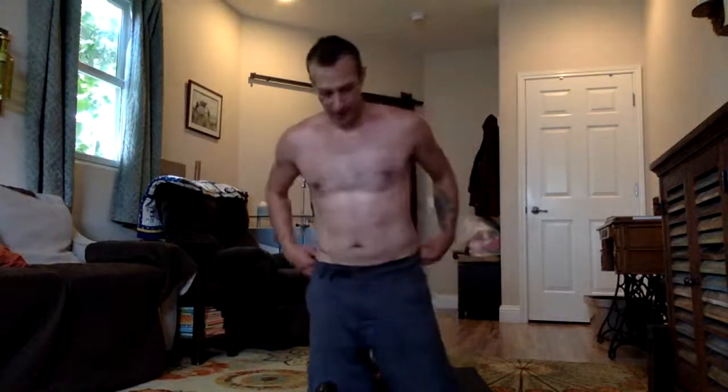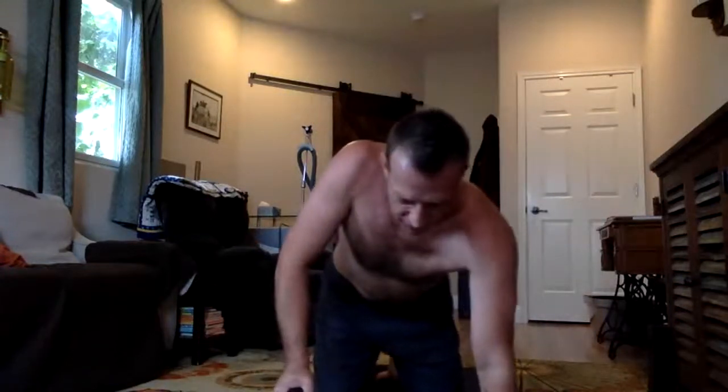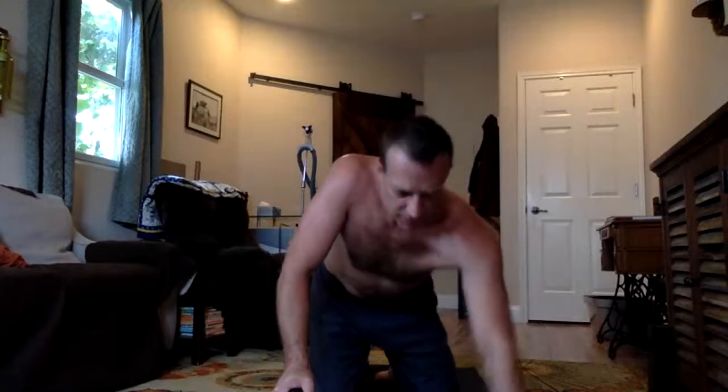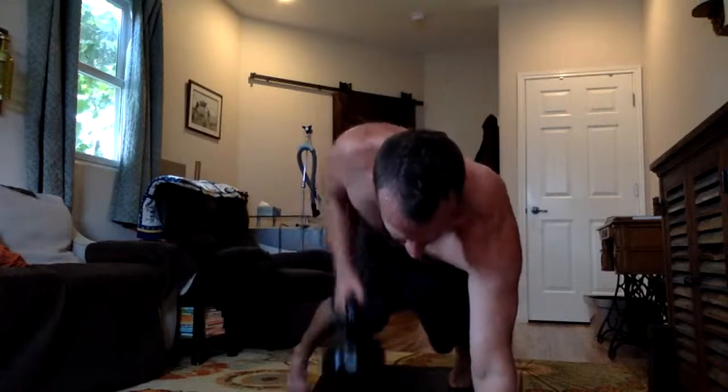12 rows, right side. Make sure you take a nice little rest. If you notice I'm resting a little longer than normal, it feels like I want to rest a little bit longer than normal, so go nuts. I like to rest a little bit when I'm doing stuff like this, so I'm already getting a lot of work in, depending on which weight you choose as well. 12 plank rows on the right, 12 plank rows on the left. Ready? Go ahead. 1, 2,